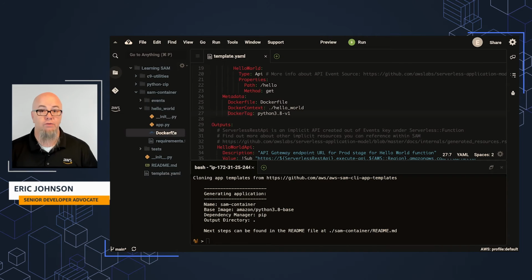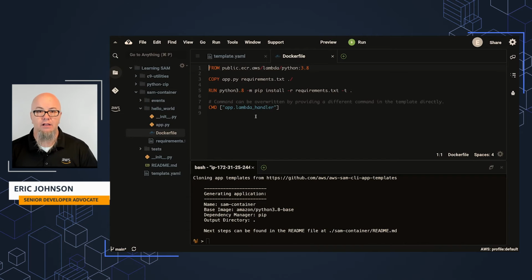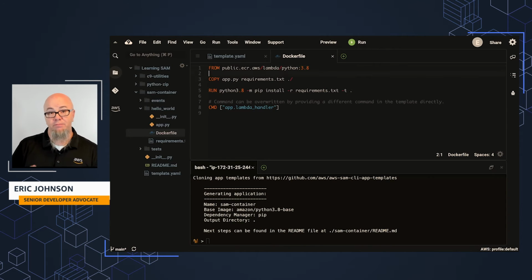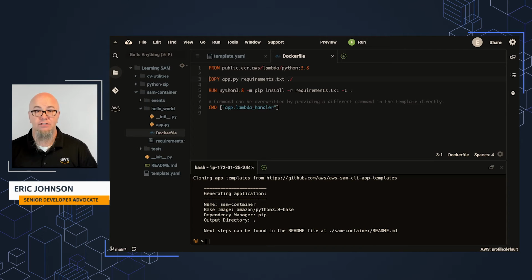Under the Hello World directory, I open the Docker file. This file provides a set of instructions for Docker to build the image for this Lambda function. In this case, it copies down the proper base image. Then it copies the app and requirements file to the Docker image. This is the code file and dependencies manifest, respectively. It then installs all dependencies to the Docker image and sets the command to be run when the Lambda function